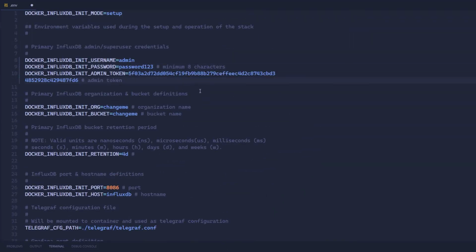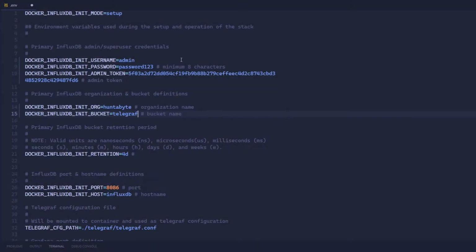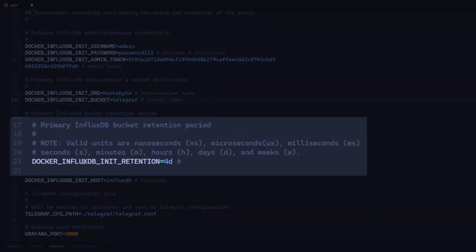The next thing we're going to define is the organization and default bucket name, or the initial bucket name. Feel free to change these to whatever you like. I'm just going to name mine Huntabyte and Telegraf as the bucket name because that's what information is being fed into InfluxDB. Now for the InfluxDB initial retention period, it's actually set by default,